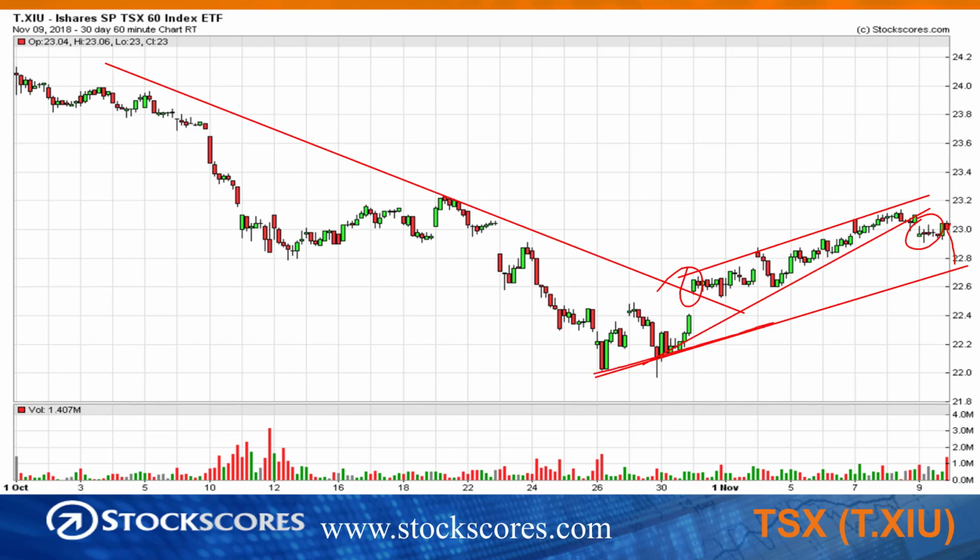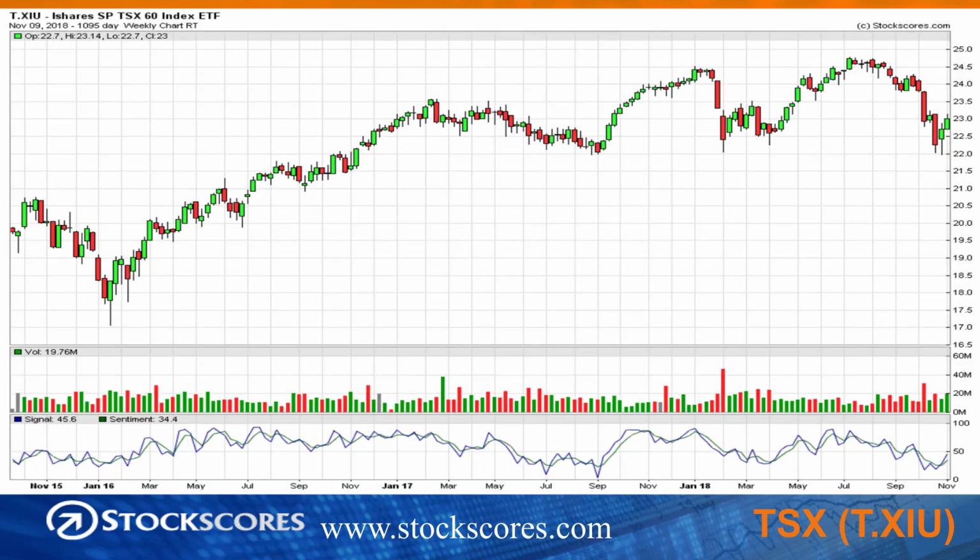This isn't a real strong line of support. It's a little bit uncertain how I've drawn that. So I think you've got to be a little bit cautious going into next week on the Canadian market. Looking at the longer term time frame, because the Canadian market really hasn't kept pace with the US to the upside, it doesn't also have as much downside to really strong support that has held up on numerous occasions, but we can't argue with the fact that the sellers are in control over the last few months, and therefore again, be cautious. This is a neutral chart because we are in a sideways trading range, but it is far from